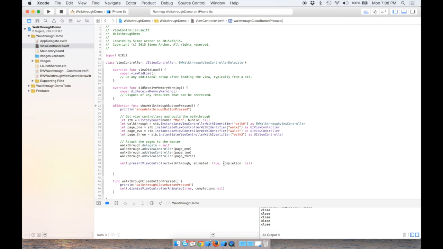So now, clicking on the close button will take us to walkthroughCloseButtonPressed on our main view controller. It's going to print a line, walkthroughCloseButtonPressed, and it's going to dismiss the view controller that it presented originally, and it's going to animate it true. And then for this bit here, you can just put null, and then the view controller will disappear. So if we demonstrate that now,